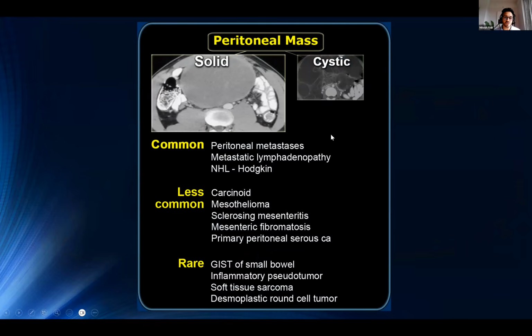So this slide just describes several other differential diagnoses for mesenteric masses. So even when we find a mesenteric mass, if it has those other features that I described on the previous slide of spiculated margins, central calcification, and ingrowing in particular of the small bowel loops, that's very characteristic. However, a mesenteric mass in isolation is not specific for a neuroendocrine tumor.